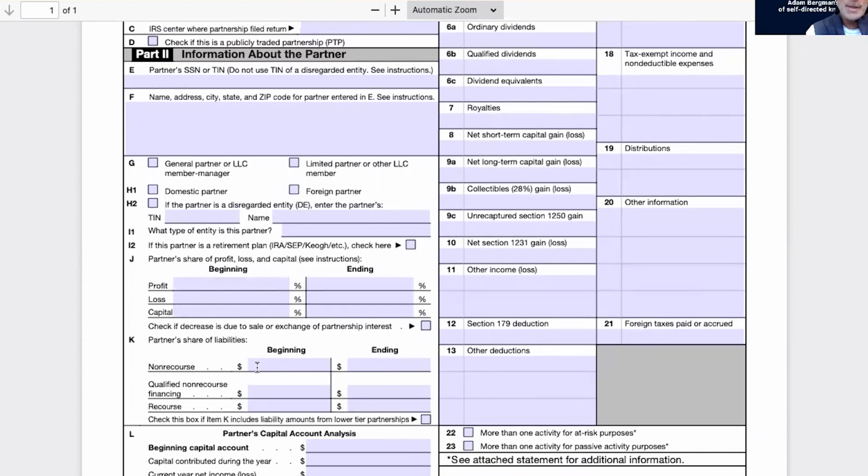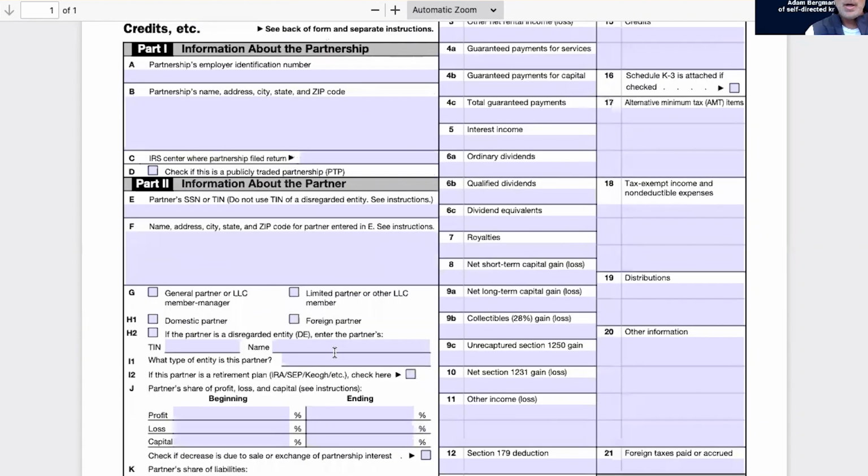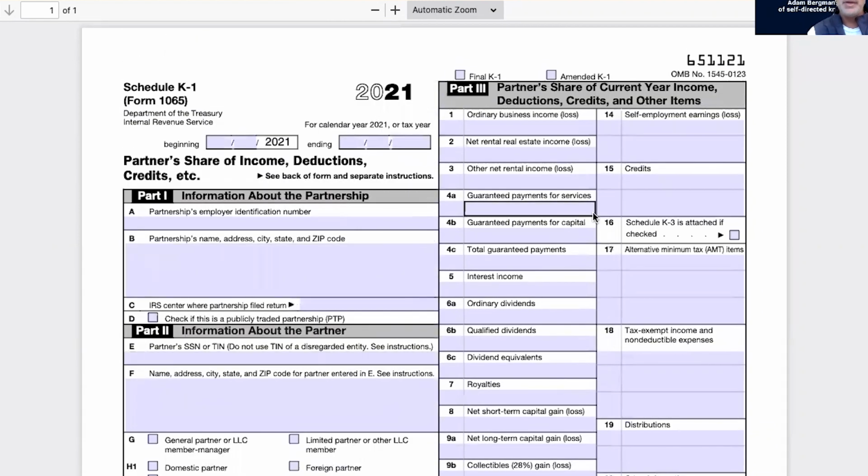And then obviously it has the profits and loss, the beginning and end percentage interest, and if there's financing, the non-recourse loan. Let's look at some of the stuff on part 3. And this is important. If you're getting a K-1 and you're an IRA and you get a lot of ordinary business income, not loss, but income, in your head, you should be thinking UBIT. More than $1,000, you may need to start thinking UBIT, unrelated business income tax,